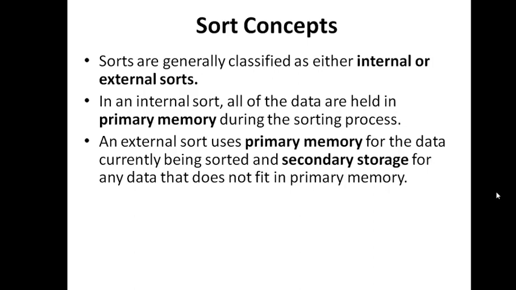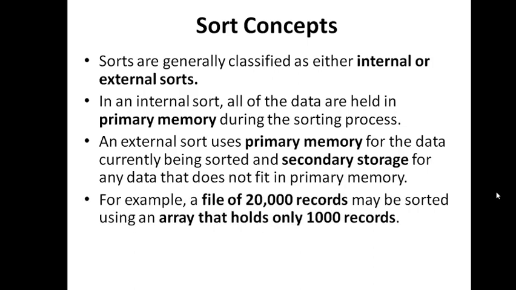But if you want to sort large volumes of data, which means we have to sort some thousands of records, then we cannot do it with the help of the main memory alone, because it may not be sufficient. So we will be using some secondary memory. We will bring some elements into the main memory, sort them, and then bring the remaining elements. So we can only complete the sorting in multiple phases using the primary memory along with the secondary memory. Those kinds of sorting which require the usage of secondary memory are classified as external sorts.